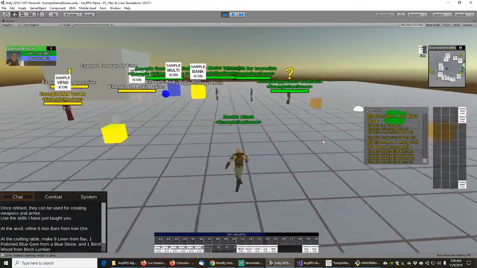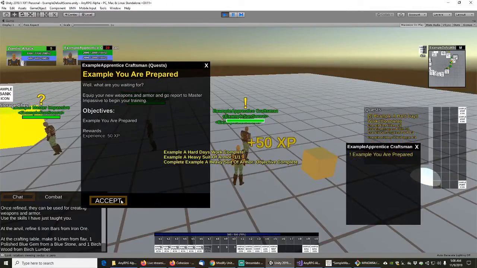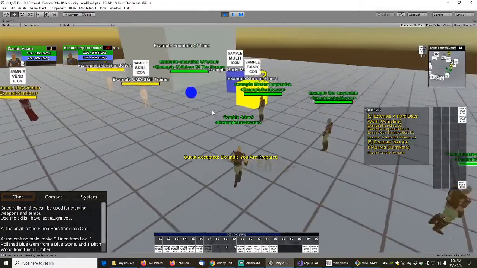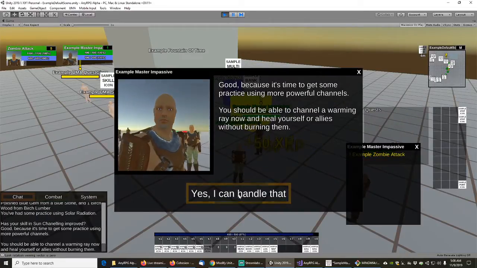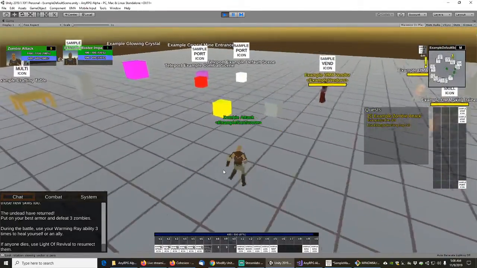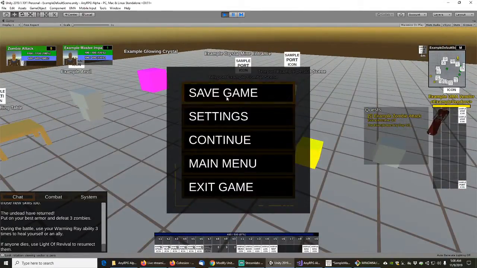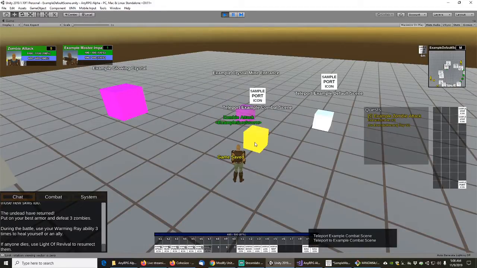Okay, good. So now I just got to go turn this quest in right here. And I am now prepared. Complete. And I finally have the zombie attack quest. Perfect. So let's just save the game, because now